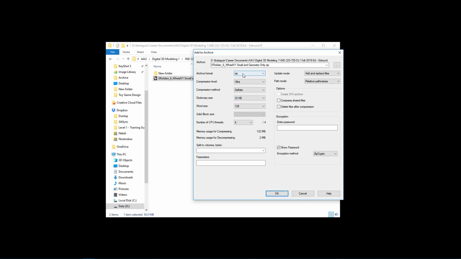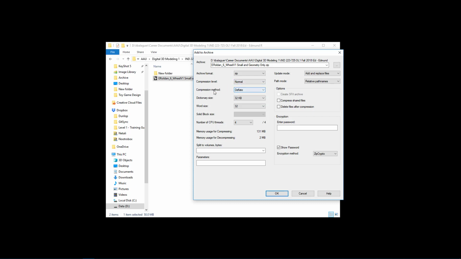If we want to break up this file into multiple smaller file sizes, we can change some of these settings. Now, if your computer is very slow, maybe you want to go to the normal compression level. Personally, I like to compress them really small, so I would go with Ultra. Yeah, let's go with normal just for the sake of the video.